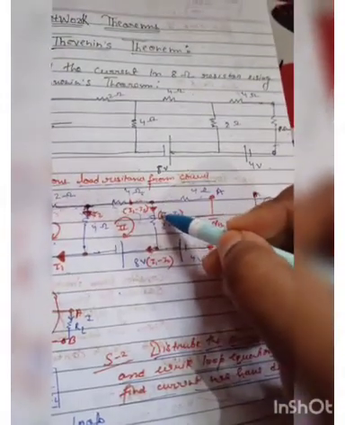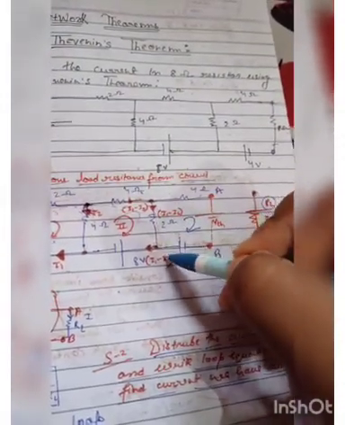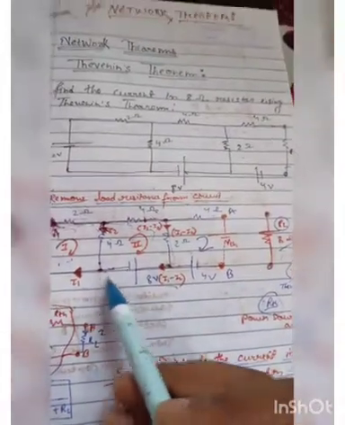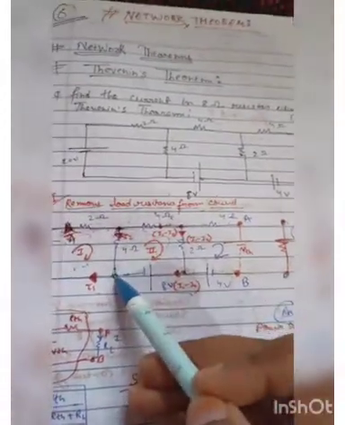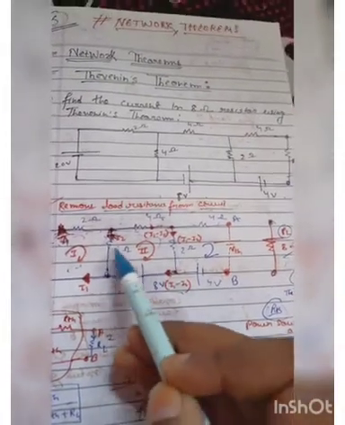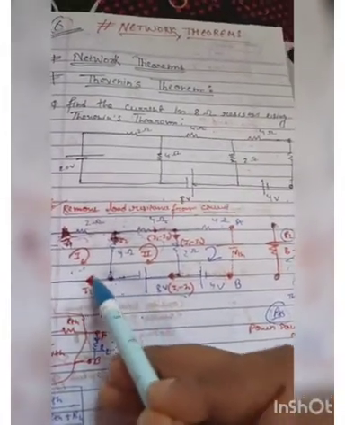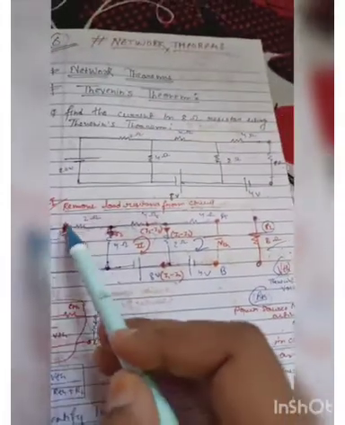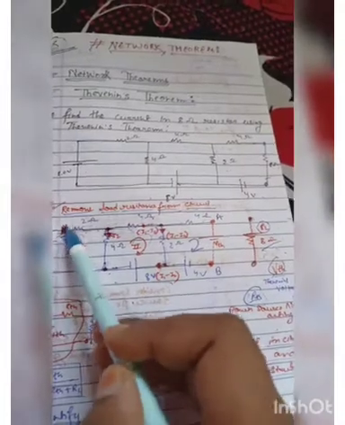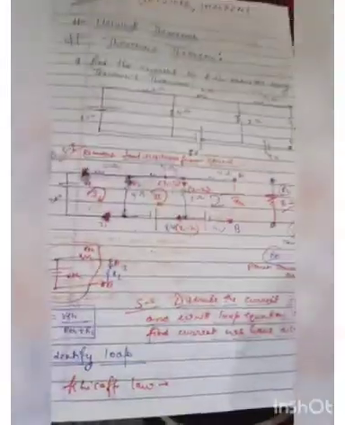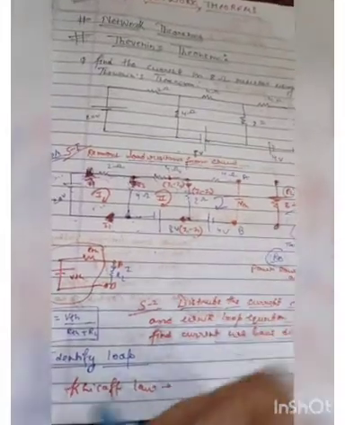After that, the same current I1 is flowing in this circuit. But here, I2 is coming here and I1 minus I2 is going there. Now, the I2 currents cancel each other and the same current I1 flows across this, and the same current comes back to our starting point. Now, the current is distributed in the circuit. Now, we should find the loop equations using Kirchhoff's law.